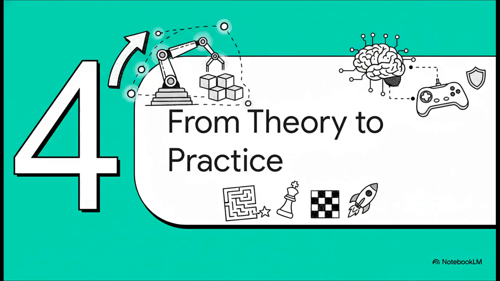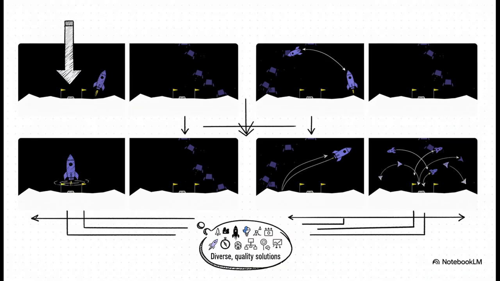Okay, this is where it gets really exciting. Because this breakthrough isn't just some theoretical improvement. It has huge practical applications, especially in the world of reinforcement learning, where we're trying to teach AIs to perform really complex tasks. Check this out. In the classic lunar lander game, instead of just finding one single way to land safely, CMA-MAE discovers an entire playbook of successful strategies. It finds ways to land straight down, or to come in at a really wide angle, or to hover first. It's a whole repertoire of solutions for mission control to choose from.